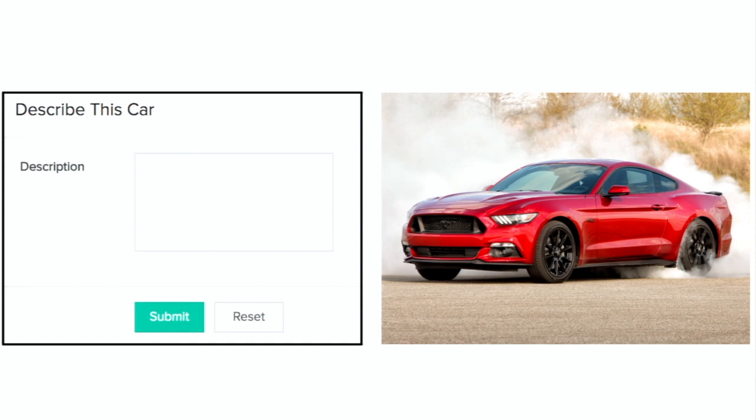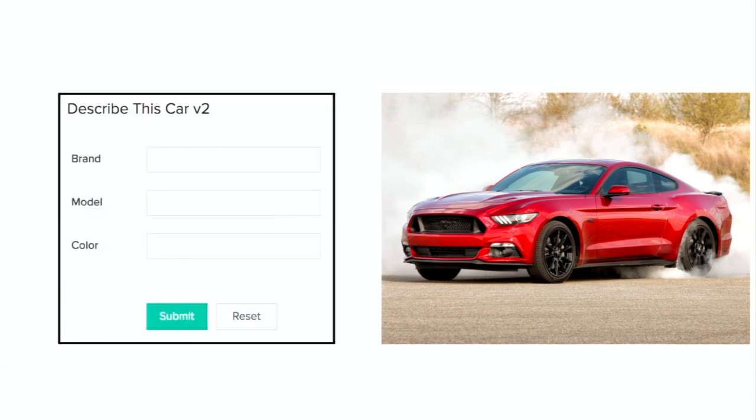Here we have a Ford Mustang, which is the entity here, right? And we have another form which has one field, that is the description field, which is the attribute. So what will happen when I ask an owner, or maybe say a manufacturer, to fill this field? What they'll do is, all they know about this car, they'll fill up in this particular field. They'll fill maybe the car number, the model number, the color. So all that they know, they'll fill up in this particular field. But that's not a good practice.